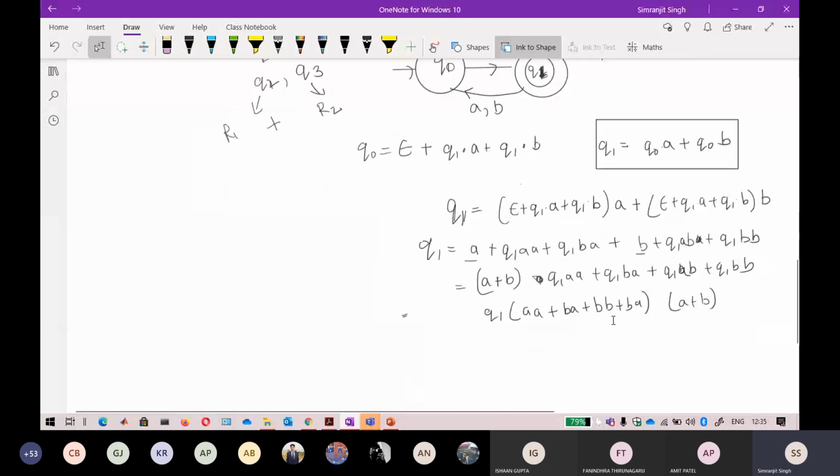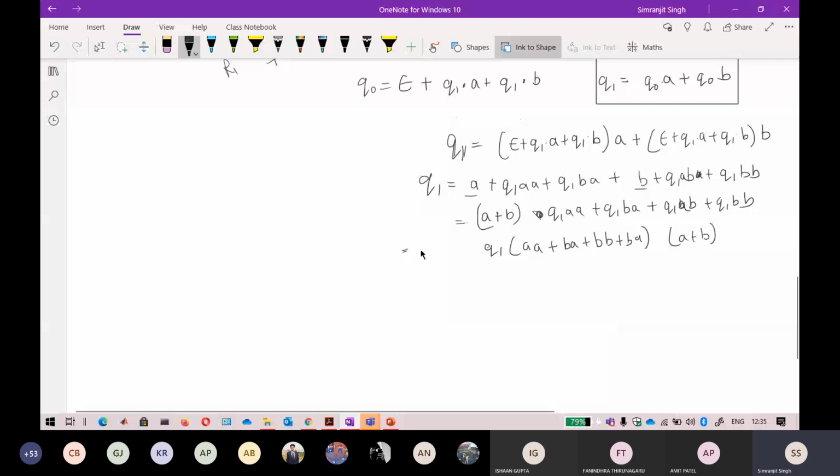Yeah, just let me see if it is correct. Now go for the equation R equal to what was the equation? Sorry for that. R equal to Q plus RP. Yeah, there was a plus here. Okay, so I just arranged it. I did not multiply it, I just took out q1 from it. So there is a plus here. Now it can be arranged like this: R equal to Q plus RP. Okay, so now the solution will become QP star.